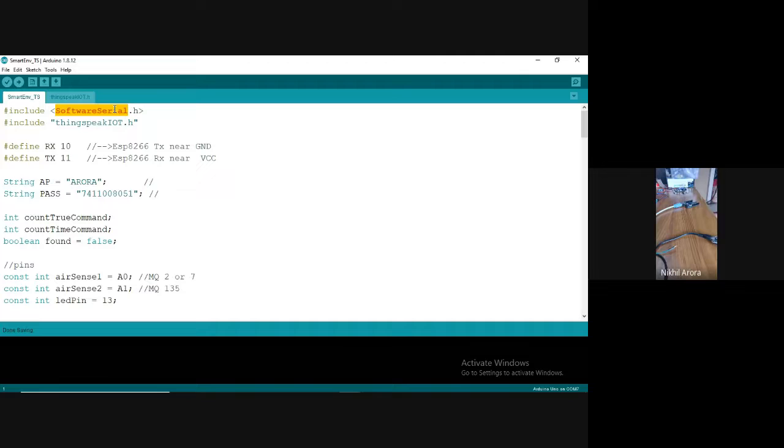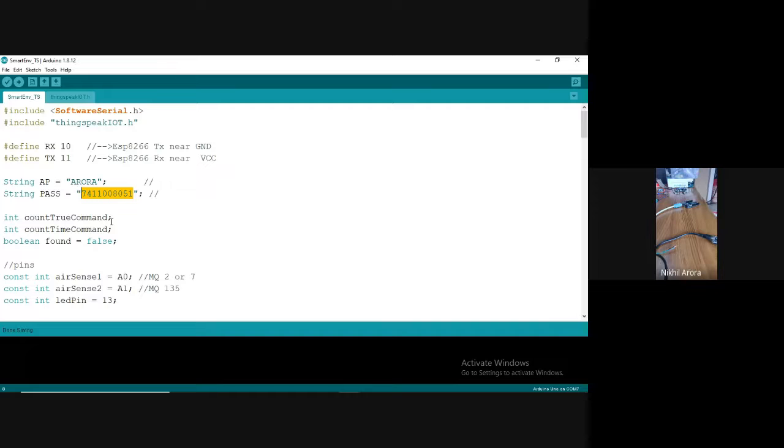What is the meaning of software serial? We have to understand that. As we have discussed in our previous slide, your Arduino is having only one serial port, port number 0 and port number 1, RX0 and TX1. Only one port is inbuilt, which we are already connecting via USB for computer communication and debugging.